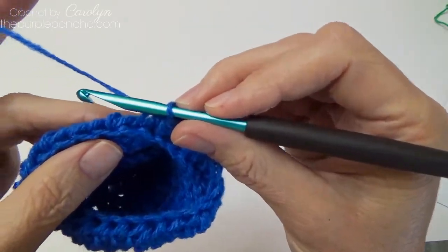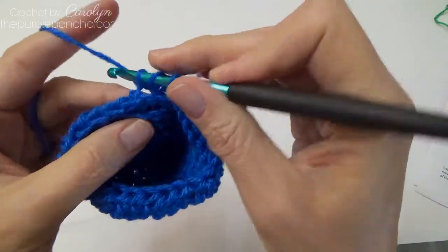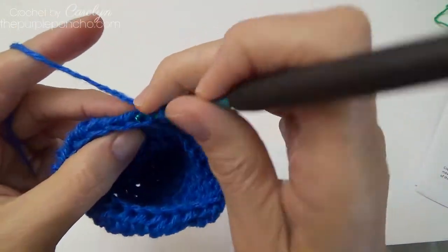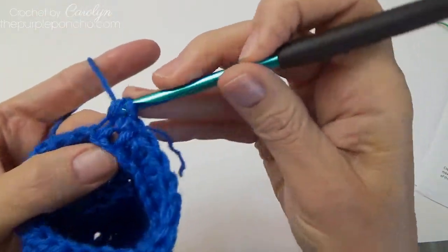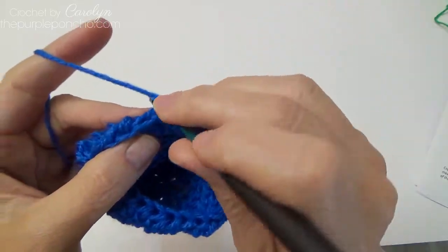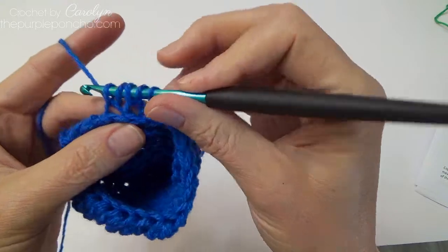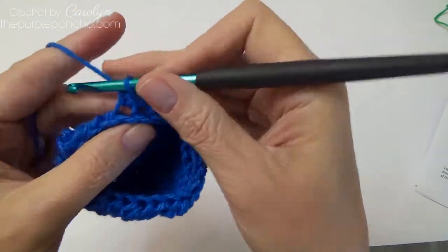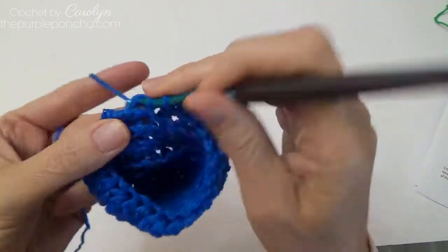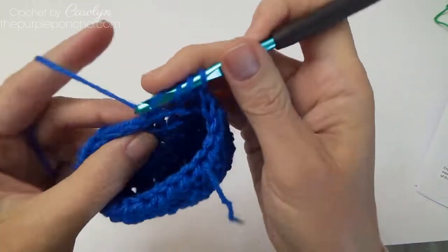I'm going to be repeating the same sequence, but I'm going to start with 1 half double in the next stitch, 1 half double in the next, still working in the third back loop, and now I'm going to do a half double crochet together in the next 2 stitches. Okay, and then 1 half double in the next 2 stitches, 2 half double crochet together,